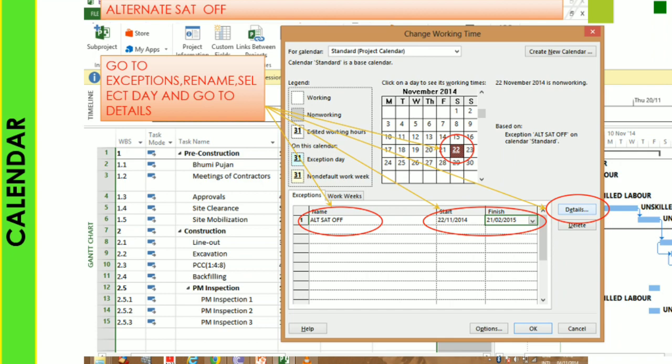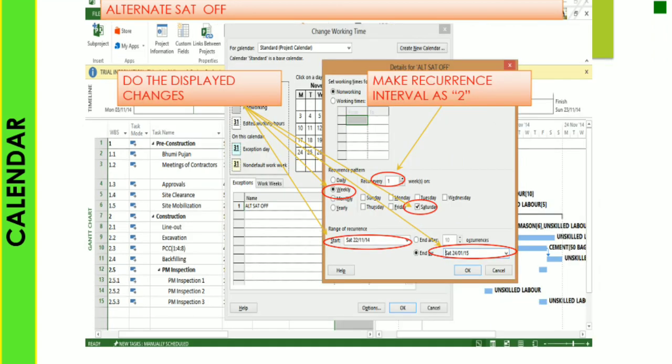Here we already saw that if you want to select the second and fourth Saturday, or any alternate Saturday off, or a particular Saturday off, you can go to exception. You can select all Saturdays off from this date to this date, go to the details, and then select from the details option all Saturdays off.